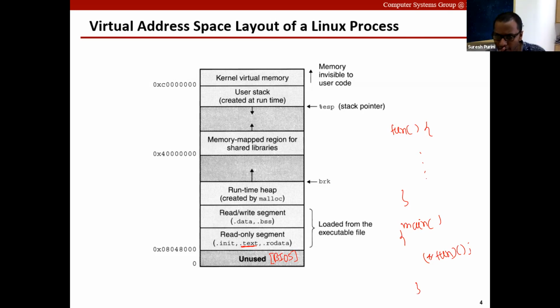But if you try to modify it, for example, if you try to say fun is equal to something, or star fun is equal to something, fun points to some memory address.